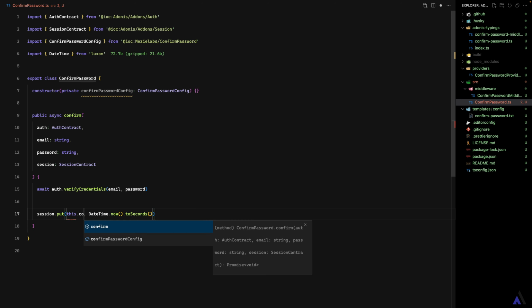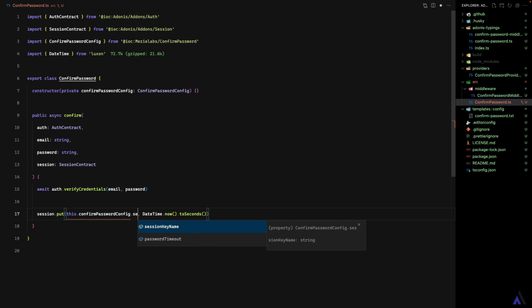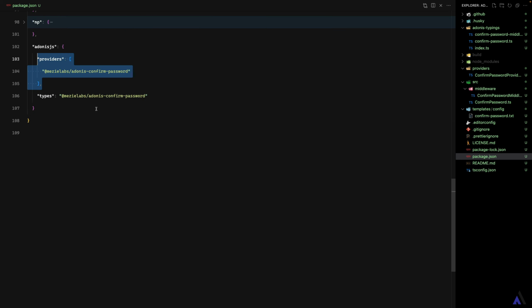This.confirmPassword config.sessionKeyName. Now we've successfully refactored our previous implementation to make use of the values in the config file. But there is one last thing we need to do, which will be inside the package.json file, inside the Adonis.js session. So here is where we will register or inform Adonis.js about the template files, or in our case, template